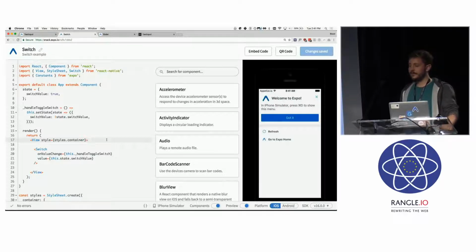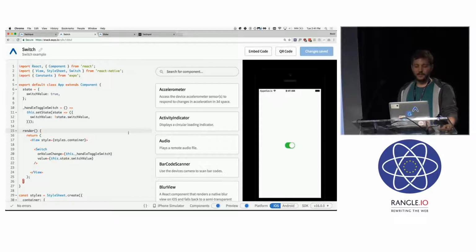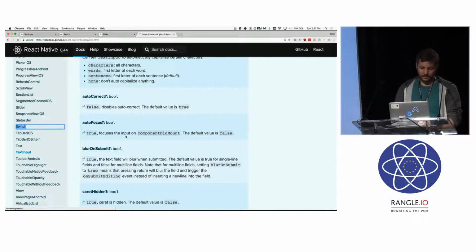If it's possible to create an abstraction for a component that works on both platforms in most cases, then build that abstraction. If there are some differences between the platforms, and maybe only certain behaviors are available on one platform, but otherwise it works the same, it's kind of like additive differences, then you can create specific props that handle those differences. So if we look at the switch one,